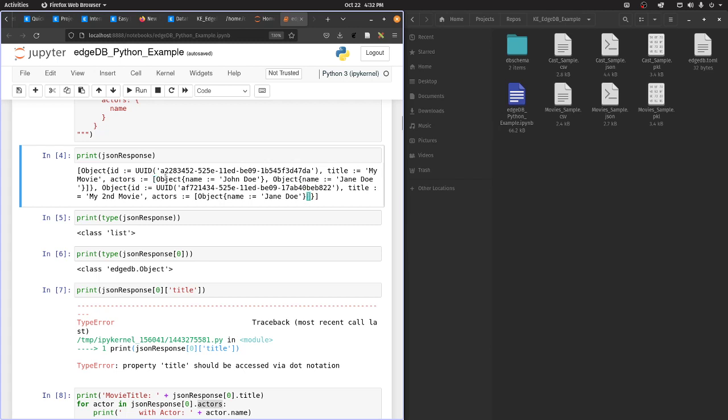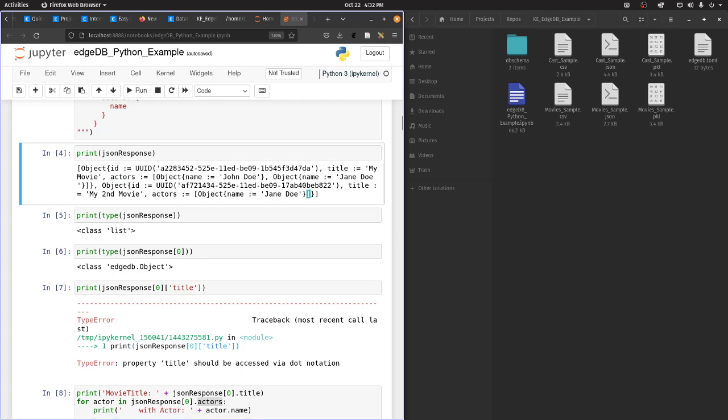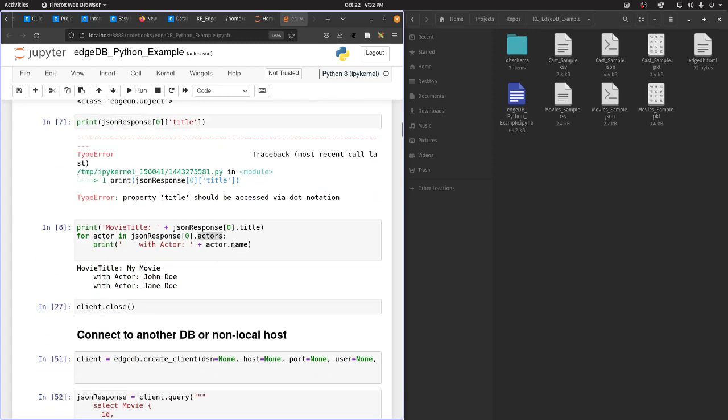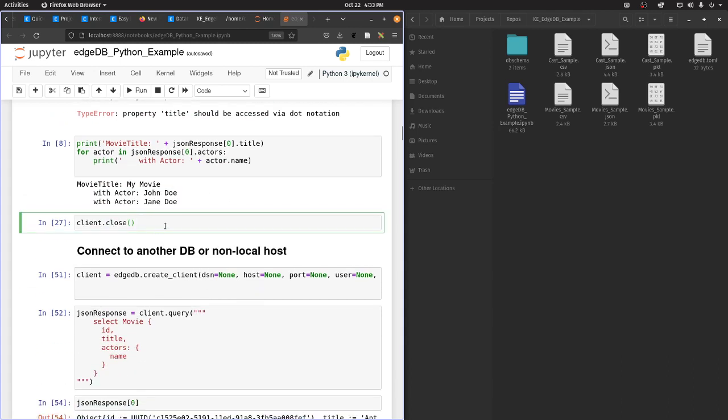So we're going to loop through everything that's in actors, and within actors, we want to return their name. So we can see that this was the movie, it was my movie, and it has the actors Jane Doe and John Doe. And then just to clean things up, we're going to close the client